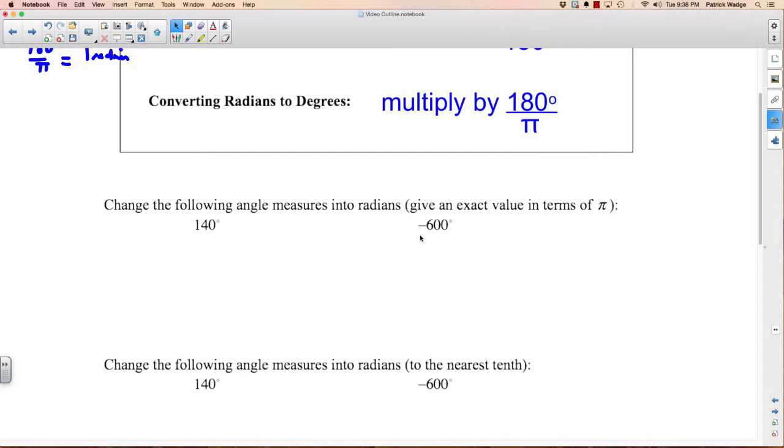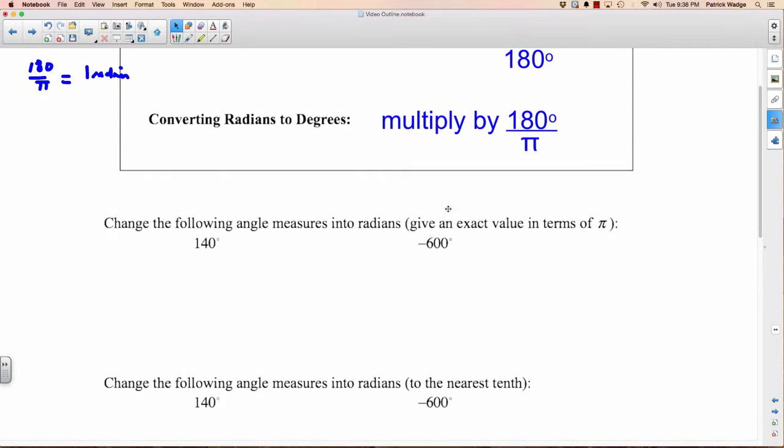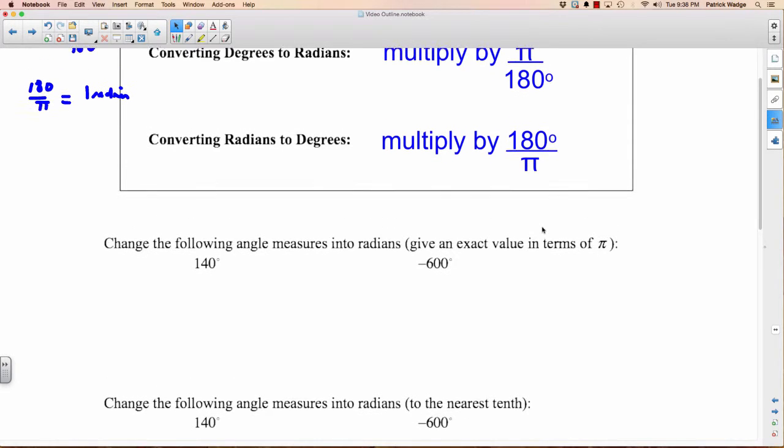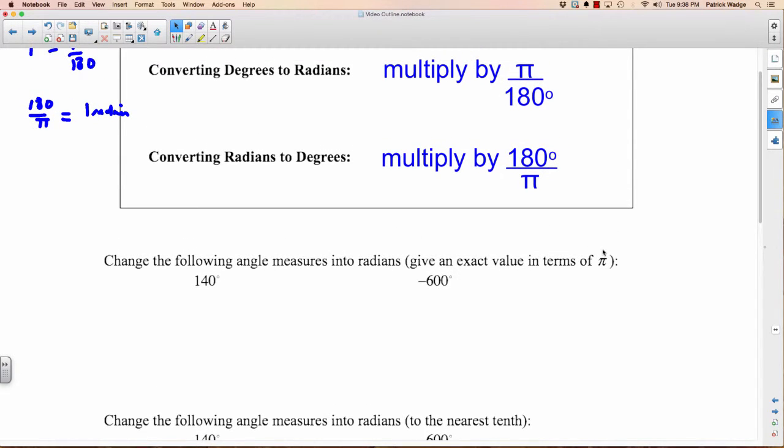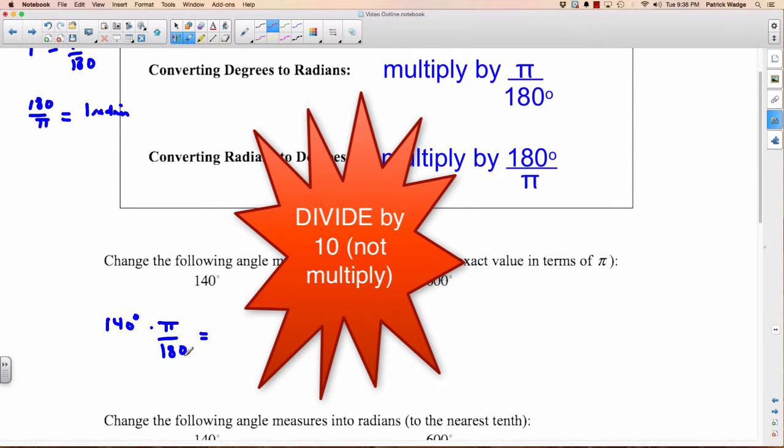For example, if I wanted to change these degrees into radians, and we want an exact value, so we're going to have our answer with pi in it. So we're going to multiply these amounts by pi over 180. So let's do that. 140 degrees, we want to change it to radians, so we multiply it by pi over 180. And what will often happen is you'll be able to simplify here. Look, we can multiply both of these, the top and the bottom here, by 10, and the zeros cross out,